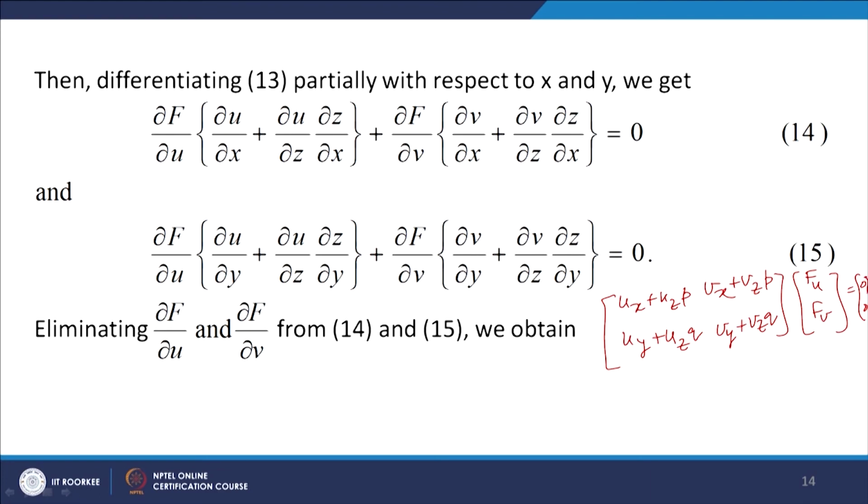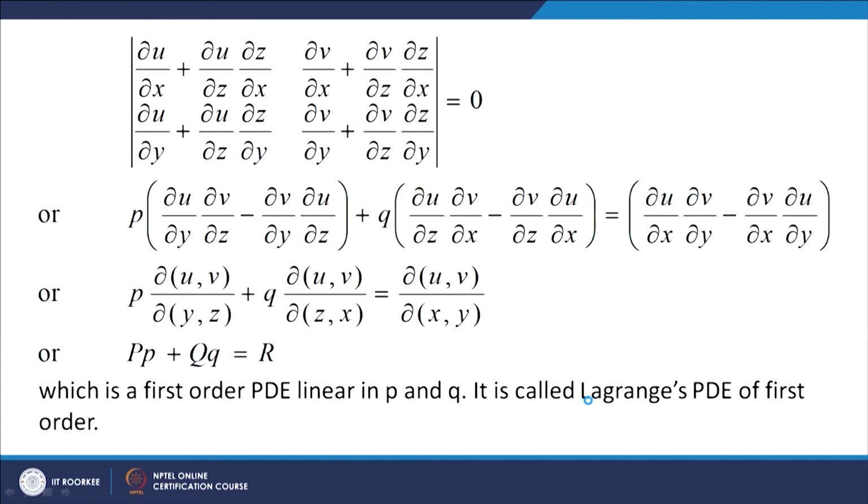So, we will get this. Now, this matrix equation will have a non-trivial solution provided the determinant of the coefficient matrix is 0. So, we will have ux plus uz into p, uy plus uz into q, and then bx plus bz into p, by plus bz into q equal to 0. So, when you put this determinant equal to 0, we arrive at this equation, p times this, q times this expression equal to this expression, which is nothing but, in the form of Jacobian, we can write it as